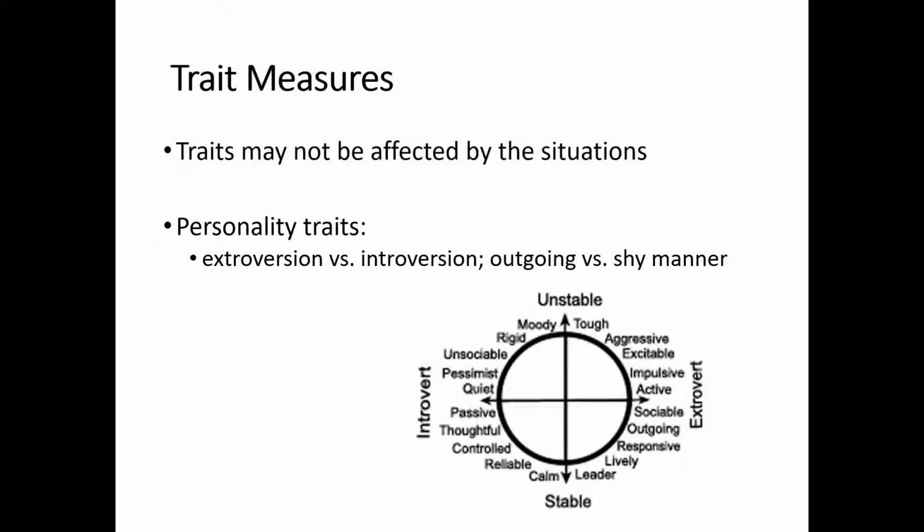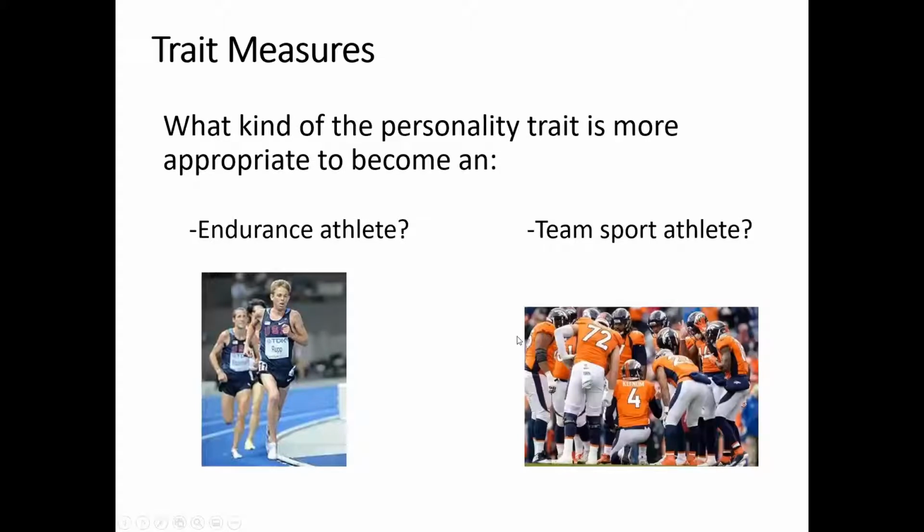And some of the major traits that we're going to look at are extroversion versus introversion, and then traits that are more, or thoughts of, stability compared to unstable traits. So think of this as outgoing and shy versus consistent and ever changing. Think about what kind of personality traits are more conducive to different types of athletes. So think about endurance athletes, like long distance runners, long distance cyclists, long distance swimmers. What personality traits might you see more in those endurance athletes or those more individual sport athletes compared to team sport athletes like football, basketball, soccer, where it's very conducive to interpersonal skills compared to the other, where it's